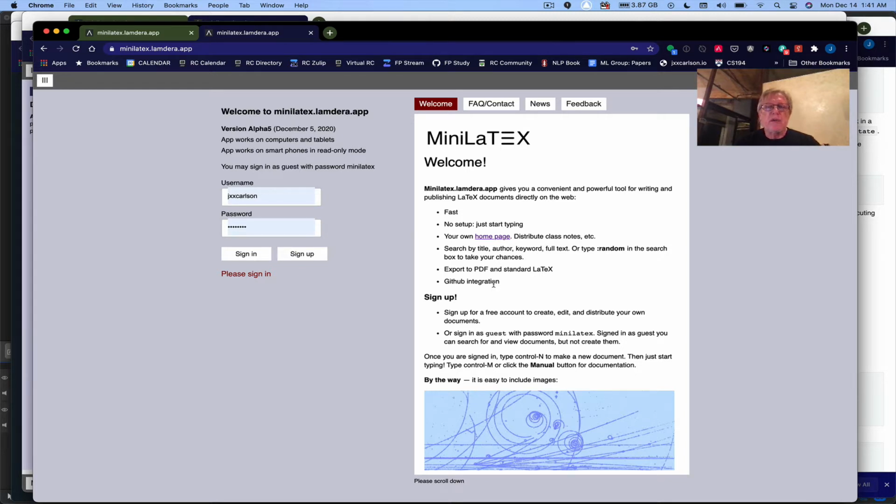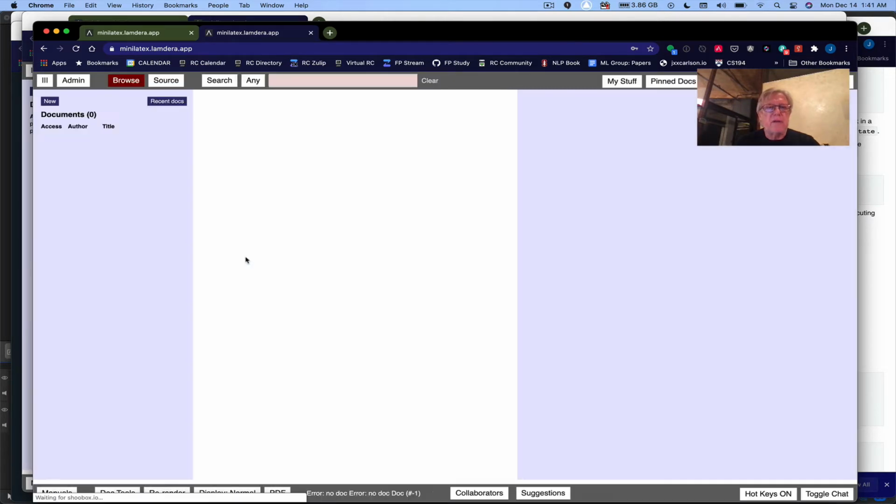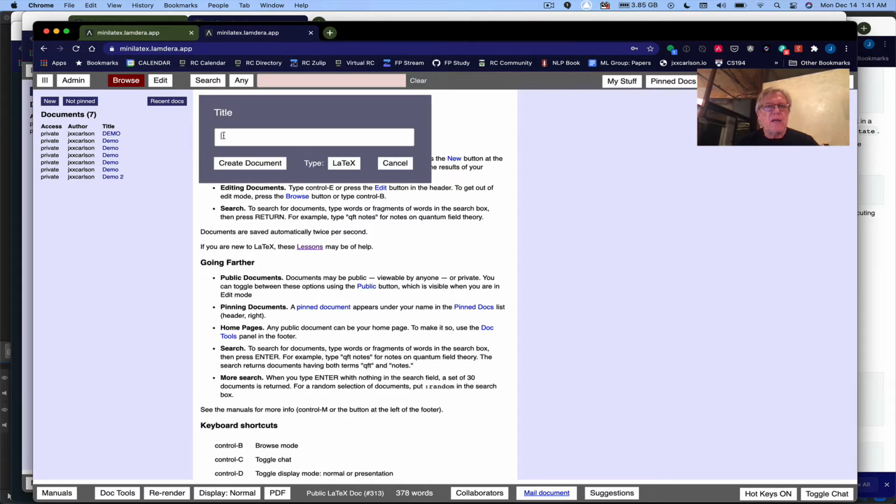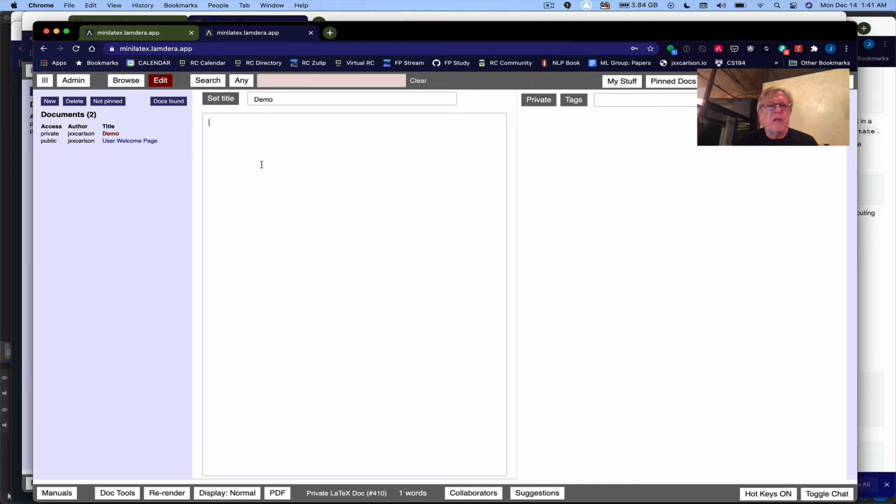Here we are at the sign-in page, minilatex.lamdera.app. I'm going to sign in. I'm going to go to the upper left here where there's a small button, New. I'll click on that. I'll enter a title, Demo, create document, and now I've got a blank page so I can start typing. Section